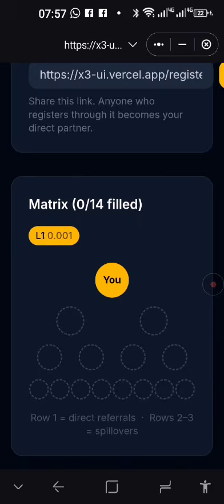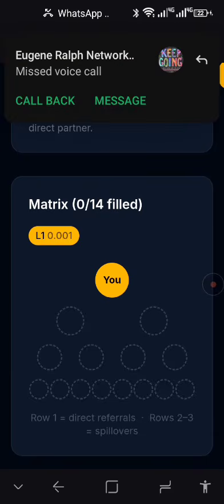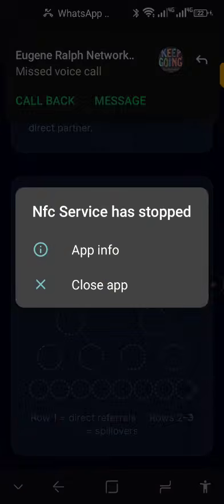The first 2 on your first level will normally be your directs. Then the second level will be their directs, and the third level will be spillover, or it can be from their directs as well. But in order for you to fill your 14 positions, make sure that each one gets its 2 directs as soon as possible.